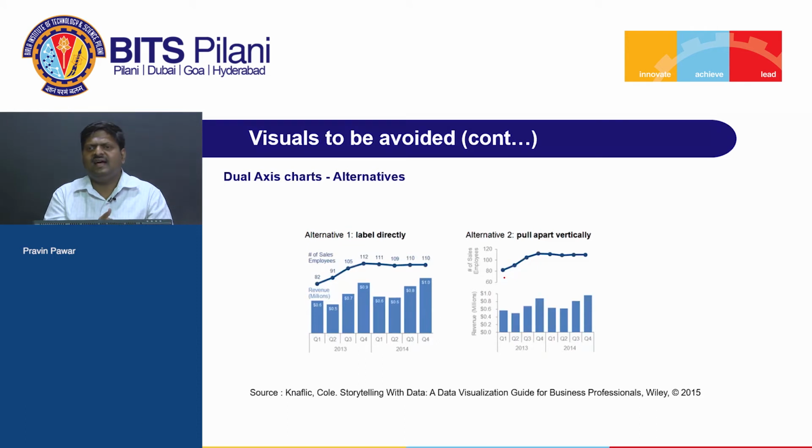So, are there any alternatives that can be used to solve these dual axis visualizations? Definitely. The alternative is pretty simple. You keep your primary series as it is. Whatever bars were there, showcasing your revenues, stay. Whatever the second series was, the number of employees,